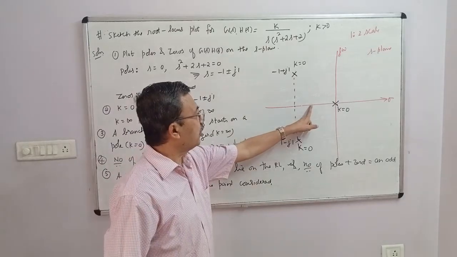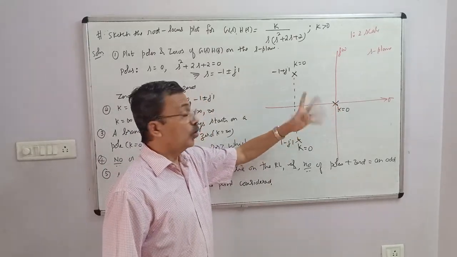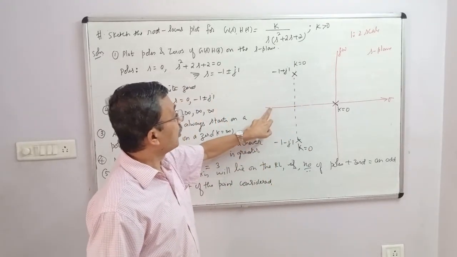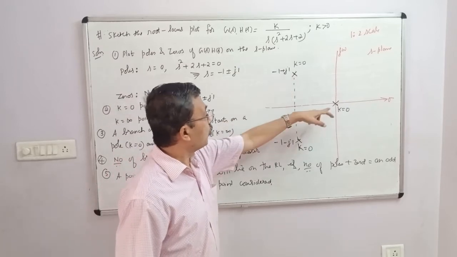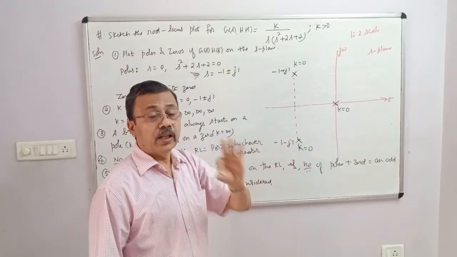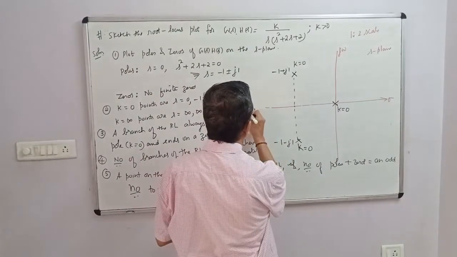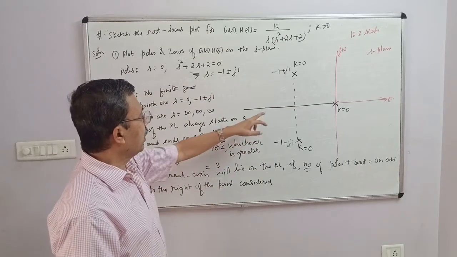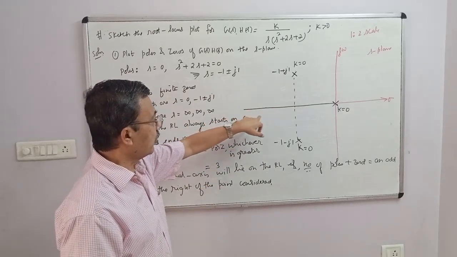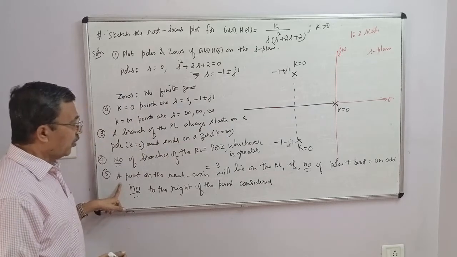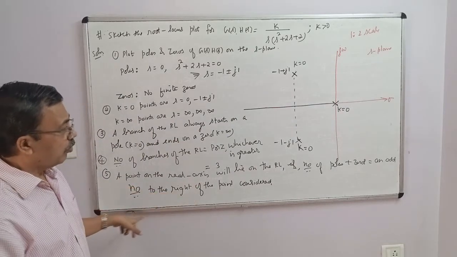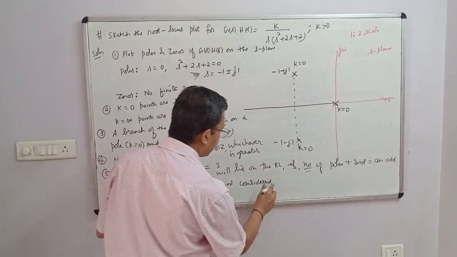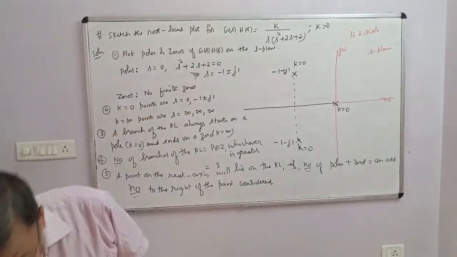You take a point here, see to the right only one pole, no zeros, 1 plus 0 is 1, an odd number, so root locus will lie here. If you see the right of this, you get 2 plus 1 equal to 3 poles, no zeros, again 3 is an odd number, therefore the entire negative real axis will be the root locus. Entire negative real axis will be the root locus on the real axis. Next we'll go to asymptote calculations.